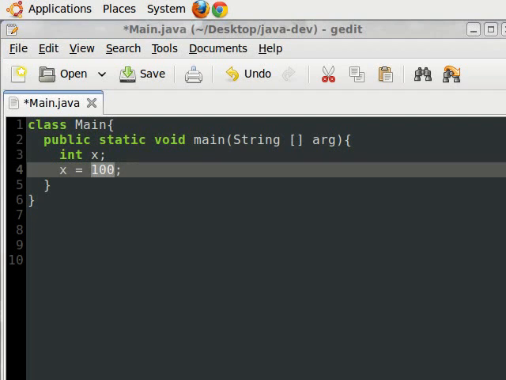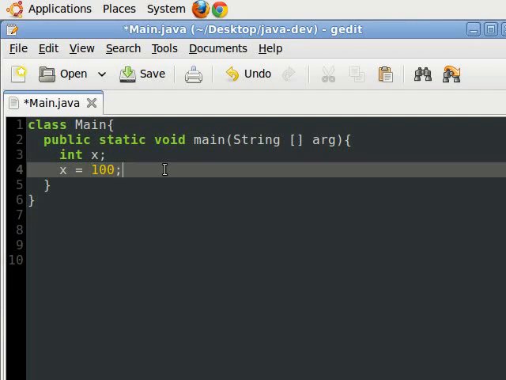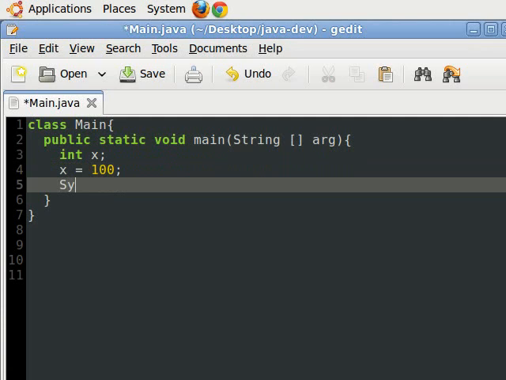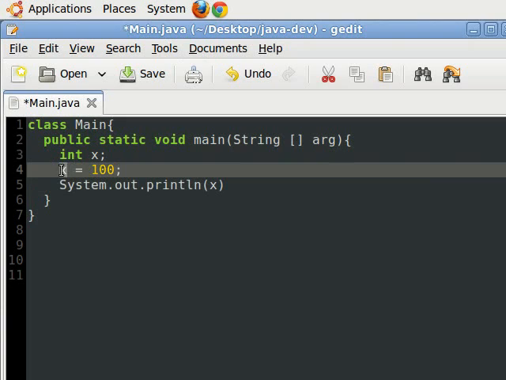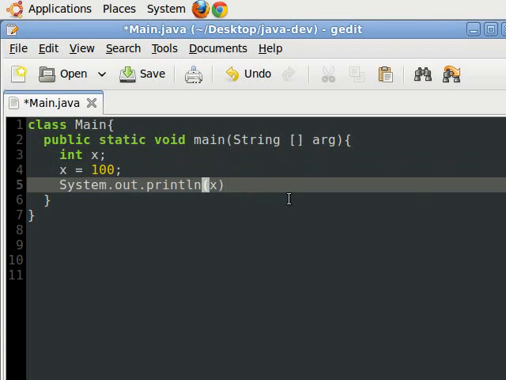Now let's check this fact by printing out the value on the screen. To do that, we write System.out.println and then two brackets and then the x inside it. Now this x is the same x that we have used over here, and it will print out the value whatever is kept inside x over here, and of course the semicolon at the end. We save this file,